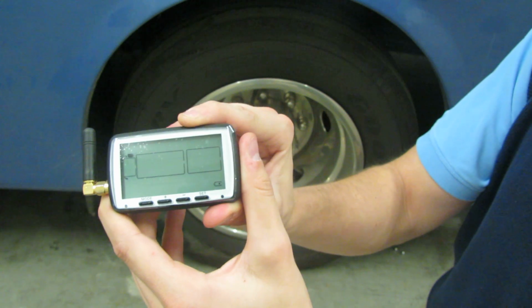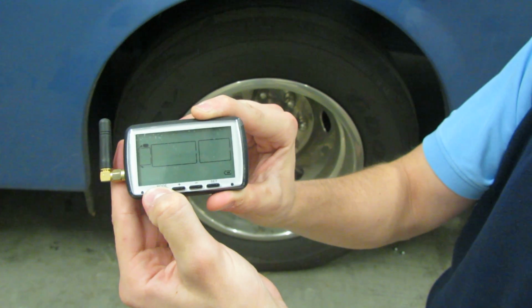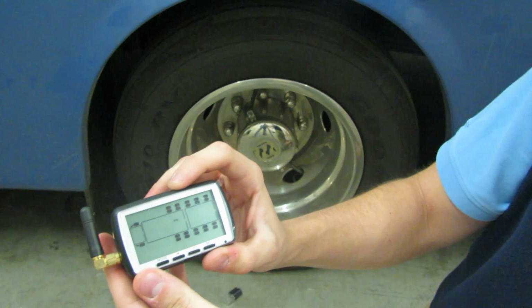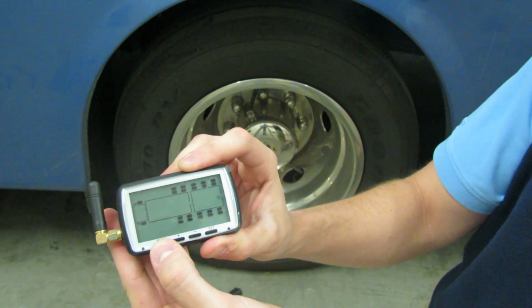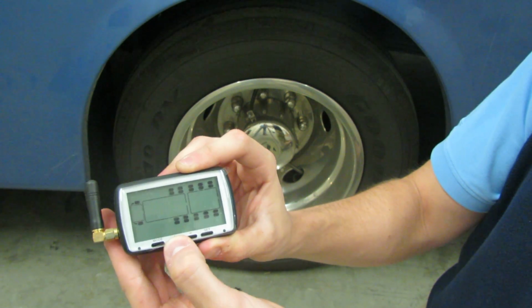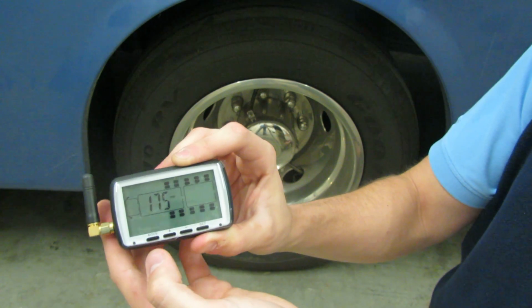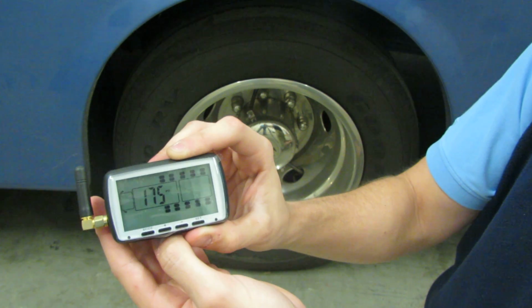To program your high and low pressures, press and hold the mode button down for 6 seconds. You shall see PSI on your screen right now. Leave that as it is. Press the mode. You will see Celsius. You want to change that to Fahrenheit by using the plus button. Press mode again, and you will see a high pressure icon flashing on the bottom middle corner of your screen,